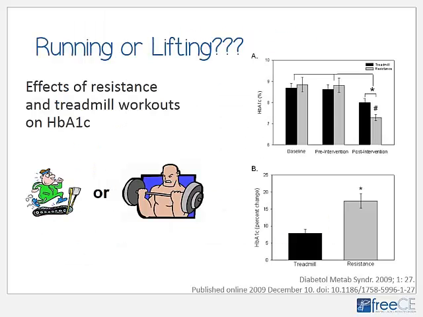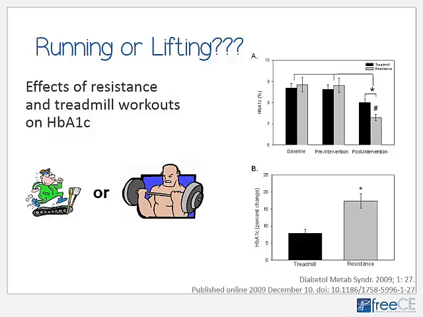Well, if diet and exercise are so important, and exercise is a big component, which is more beneficial, running or lifting? I was quite surprised when I read this study, the effect of resistance and treadmill workouts on hemoglobin A1C. When we look at the slide on the right, we'll see a dramatic decrease post-intervention on the treadmill, but an even more dramatic lowering of hemoglobin A1C with resistance training,